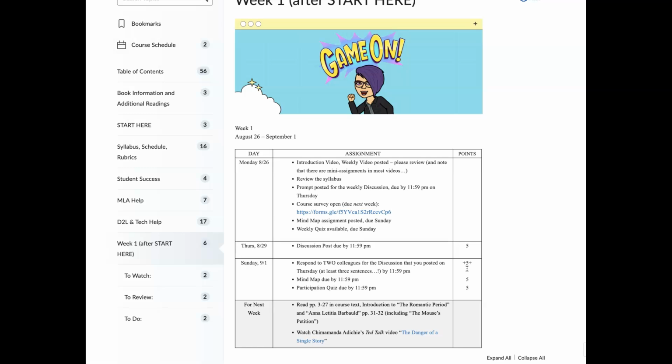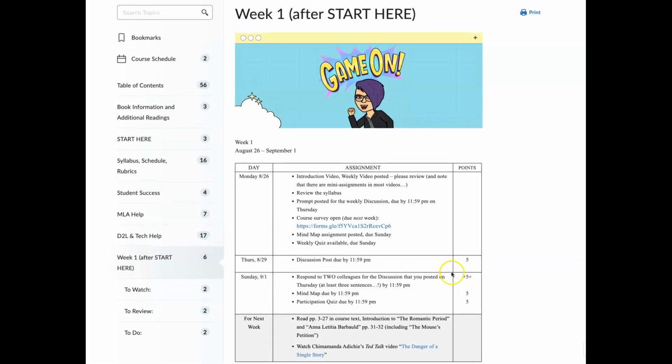I don't offer a ton of bonus credit, but I try to build a few things into the semester so that it doesn't come down to you missing out on an A because you got an 89 in the course, right? I don't round up. So this is the time to get some of that bonus credit done whenever it's offered. Just make sure that you're doing everything you can to respond to your 2 colleagues, doing beyond the bare minimum to earn every single point that's there.